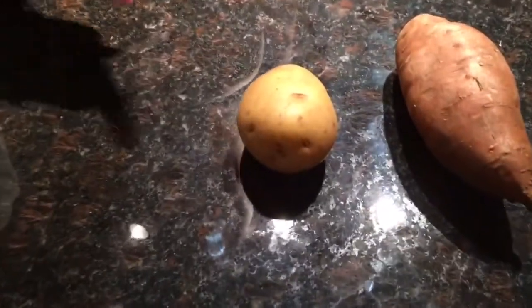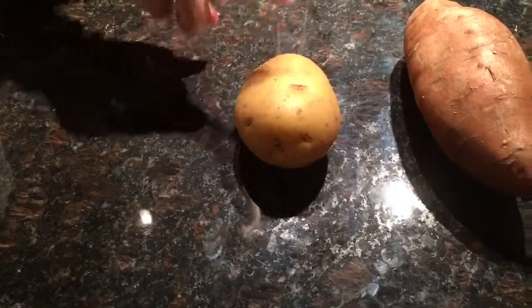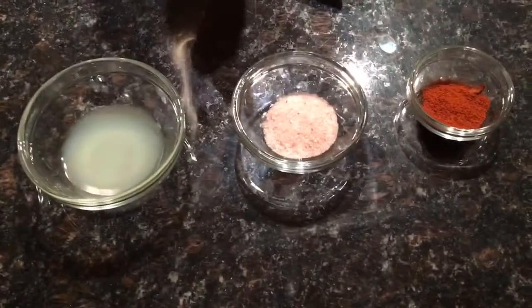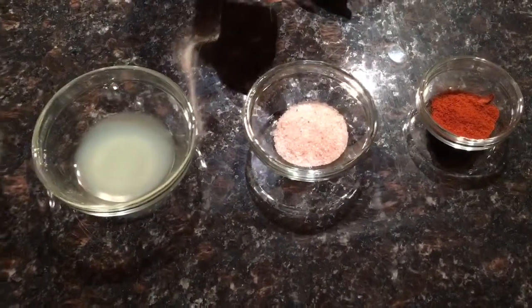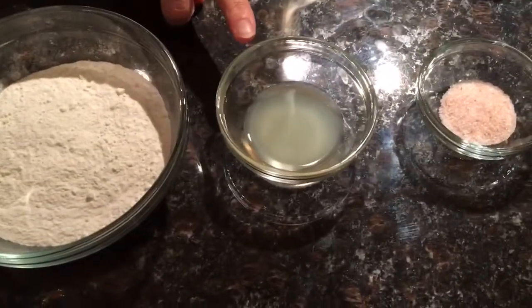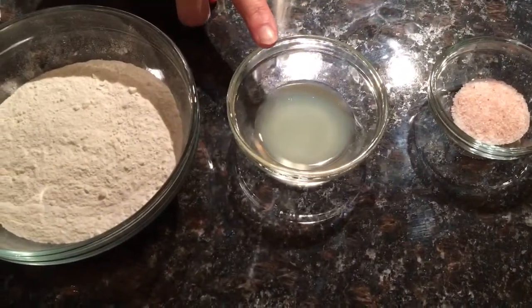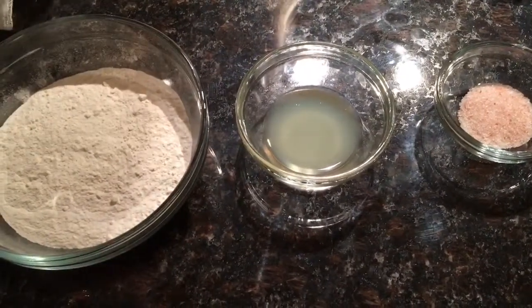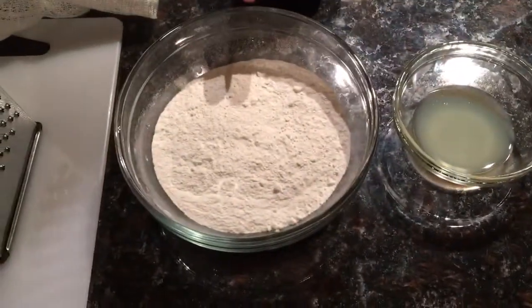Ingredients you'll need: 1 medium yellow potato, 1 large sweet potato, 1 tablespoon of paprika, 1 tablespoon of sea salt. I'm using pink Himalayan sea salt. Use whatever one you want. 2 tablespoons of lemon concentrate, which is half a lemon if you're freshly squeezing it, and then half a cup